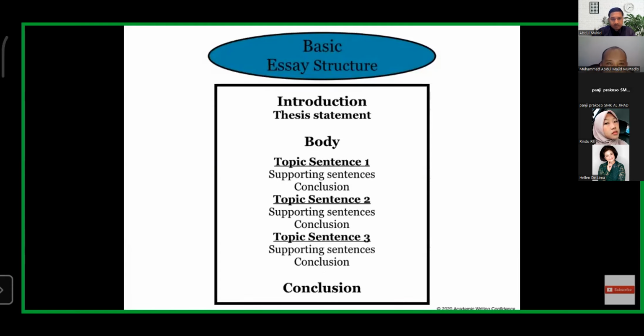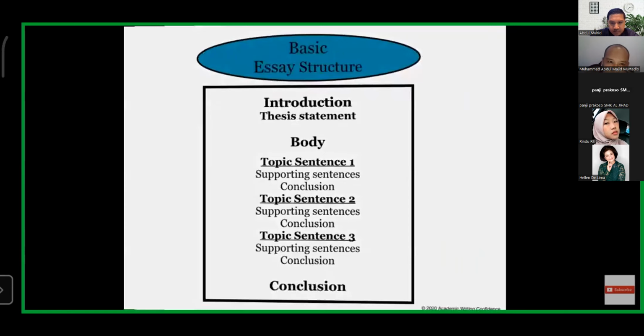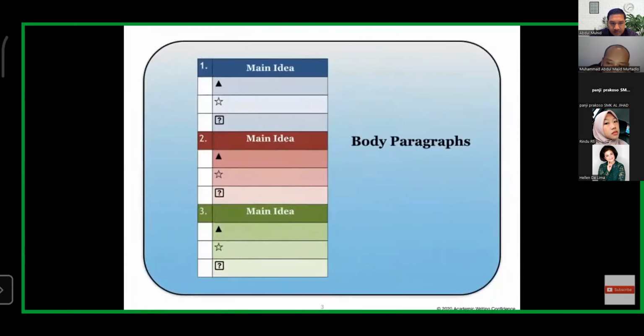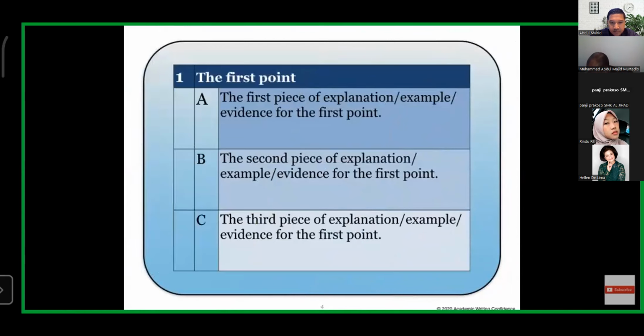Now, in this video, we're going to talk about how to write the body paragraphs. For each body paragraph, you will need one main idea, and each main idea will have supporting details as well as a conclusion sentence. Each body paragraph will have some kind of explanation, example, or evidence for the main idea of that paragraph. These are your supporting sentences.